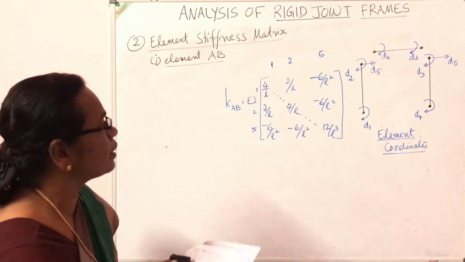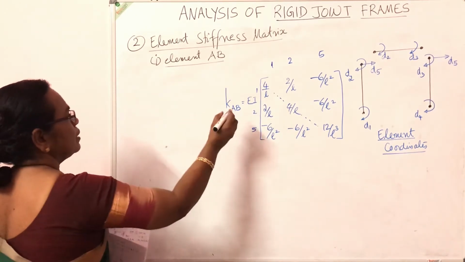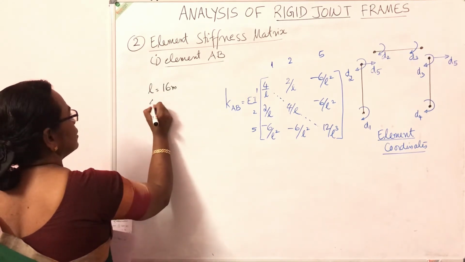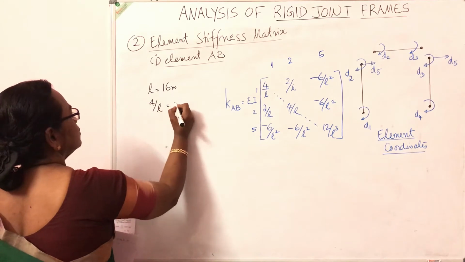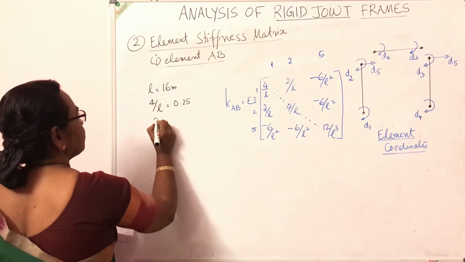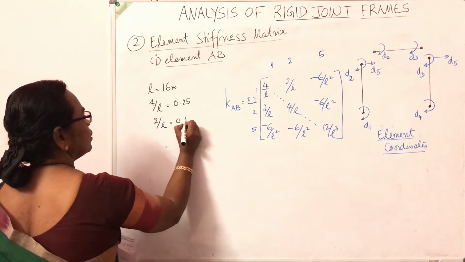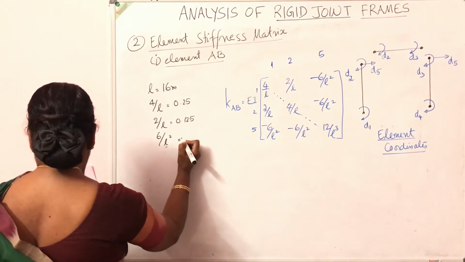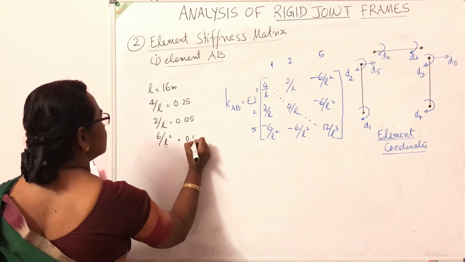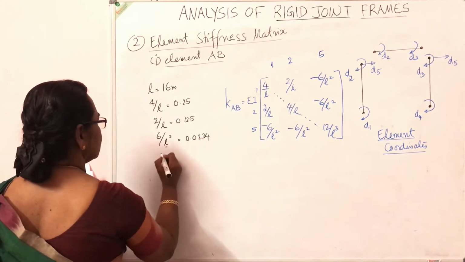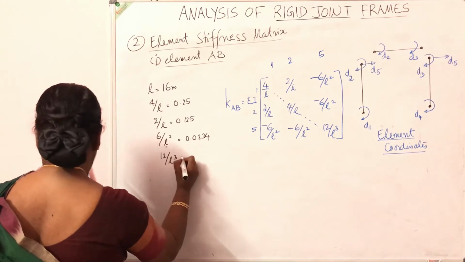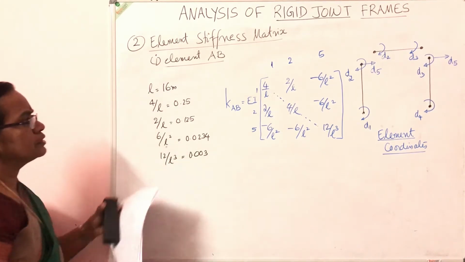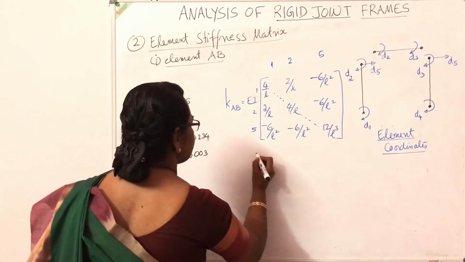Now we just substitute the values for the column element AB. The length is 16 meter. So you calculate what is 4 by L, 0.25. 2 by L, 0.125. 6 by L square is 0.0234. And 12 by L cube is 0.003. Just substitute these values, you will get